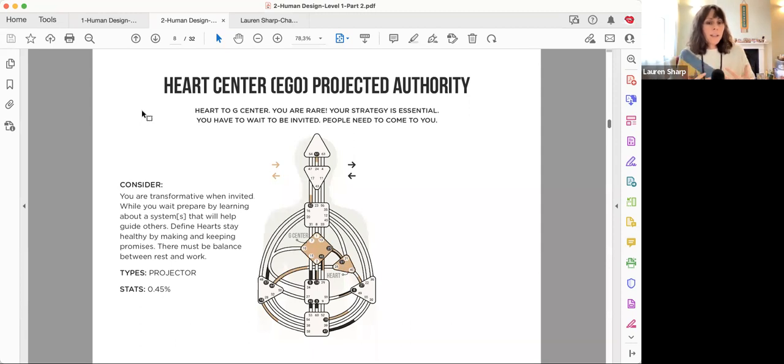It's not that. You have a strong willpower, you have a strong direction, and you need to stand in that whenever we see those spaces defined. And that's just general. Now I'm going to talk about ego projected. This is an example. This chart you're seeing is what it looks like to have this.